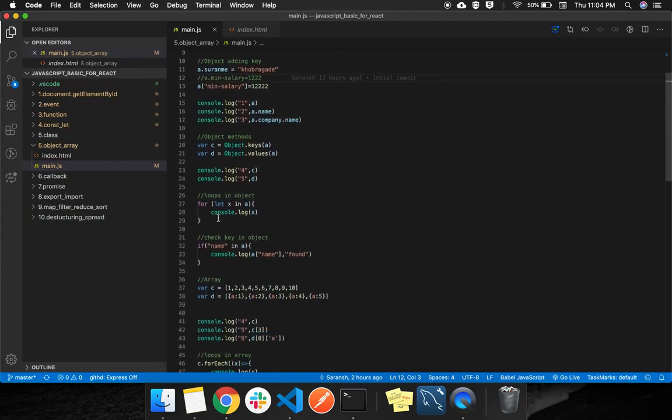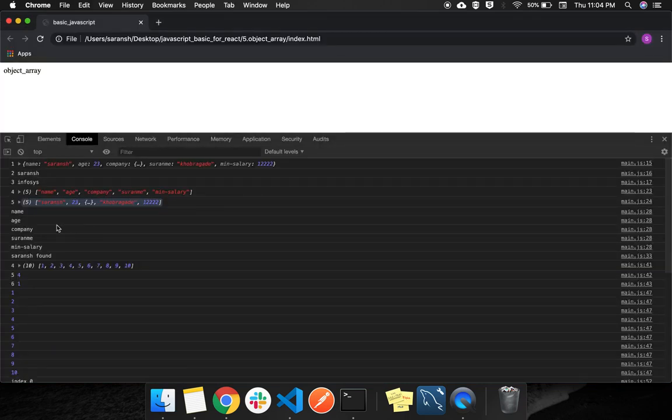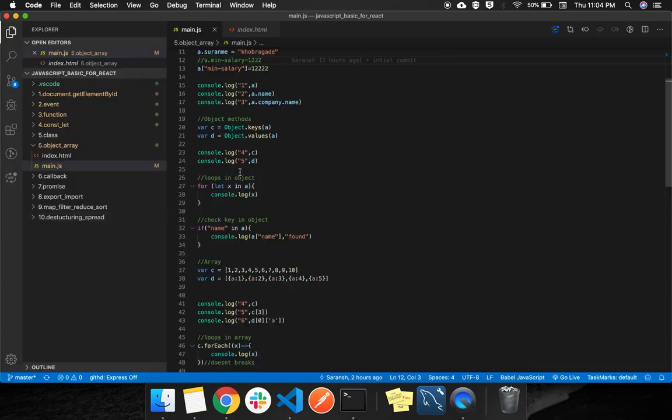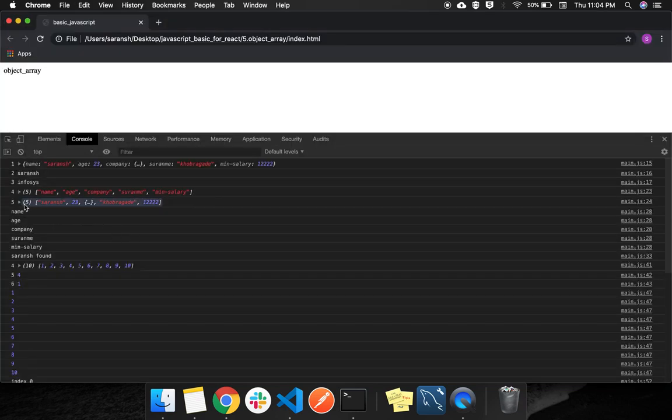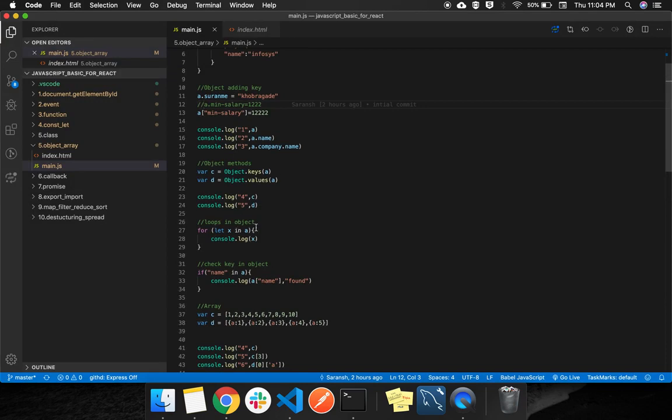If you want to loop over the object, the syntax is for (let any variable in a). So you can loop around that object's keys, and you can see that here after 5, this loops in object.